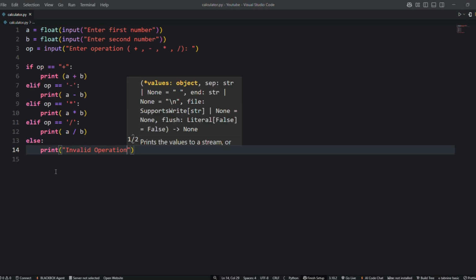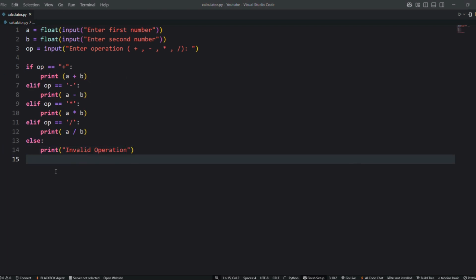Here's what's happening. We're asking the user for two numbers and storing them in A and B. Then we ask which operation they want: plus, minus, multiply or divide. Using if-else, we check which operator they entered and print the result. If they type something else, it shows invalid operation.